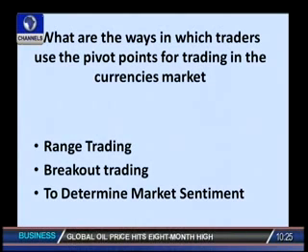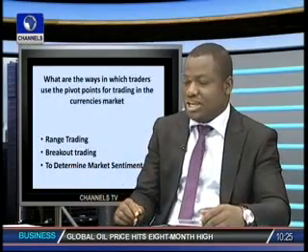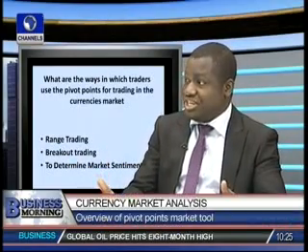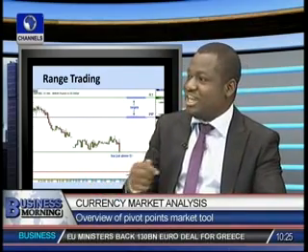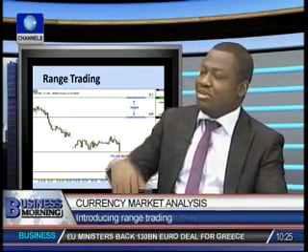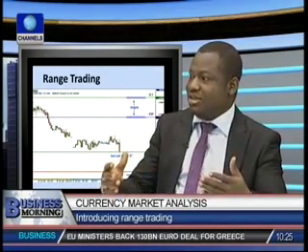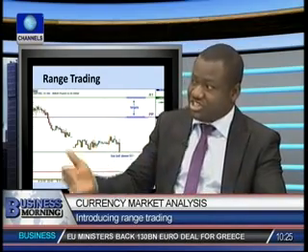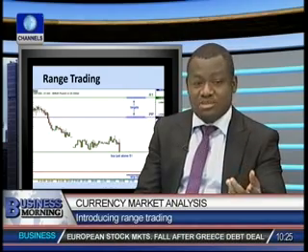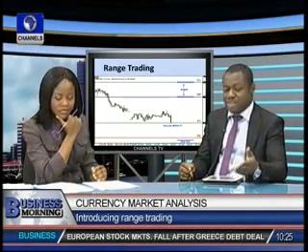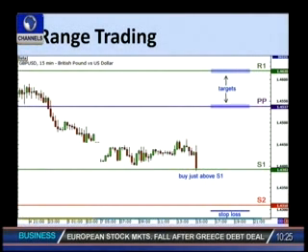Basically, price moves in a range. Even though it's going in a trend, for instance, since Monday, USD has been in a range. And if you check the pivot of yesterday, I was doing that analysis, I discovered that price was practically in a particular range throughout yesterday. So if you look at this current chart I'm looking at, range trading. Let's look at price actually going downwards, and it's